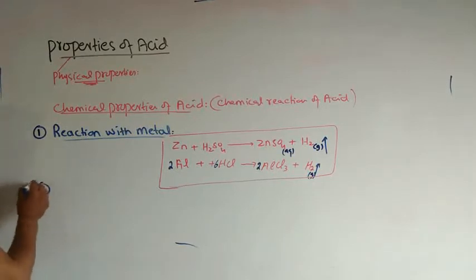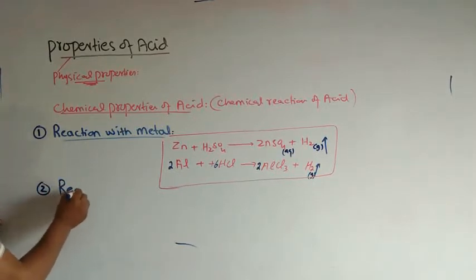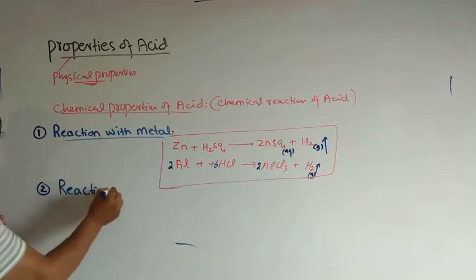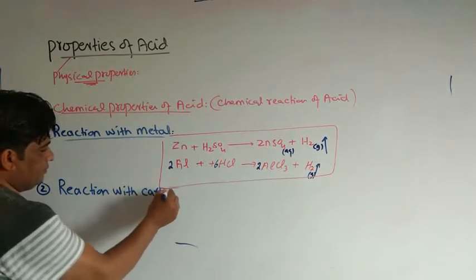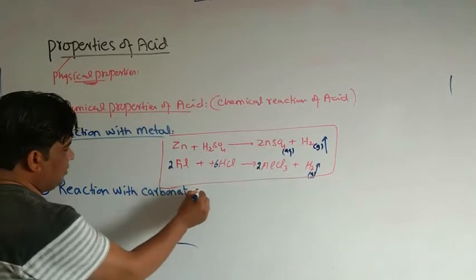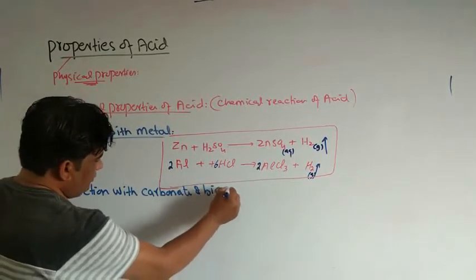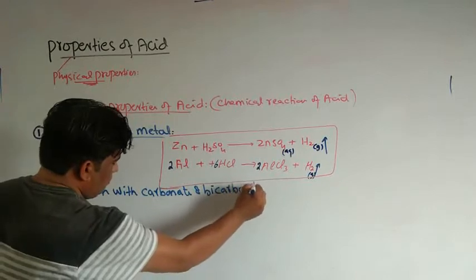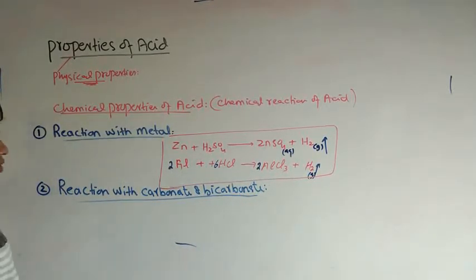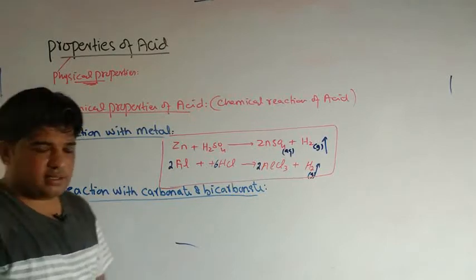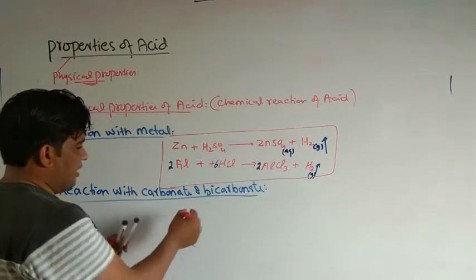Second property of the acid, that is reaction with carbonate and bicarbonate. एसिड जो है वो कार्बोनेट और बाइकार्बोनेट के साथ भी रिएक्ट कर सकते हैं. लाइक फॉर एग्जांपल